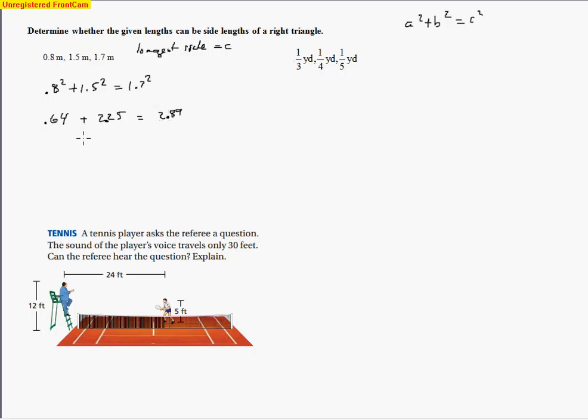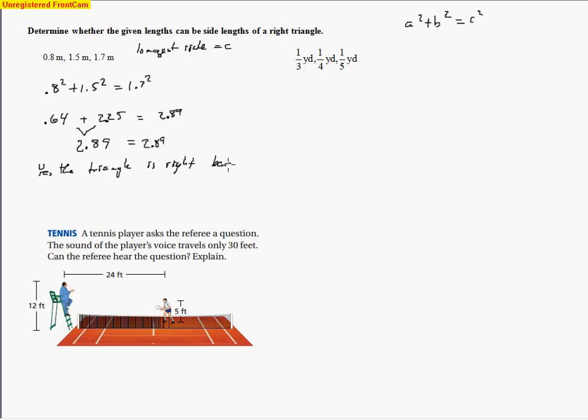So when I go ahead and add these two numbers together, 0.64 and 2.25, that does give me 2.89. So adding those together, 2.89 equals 2.89. So when they do agree like this, then we say yes, the converse, they're asking us is it a right triangle. Yes, the triangle is right